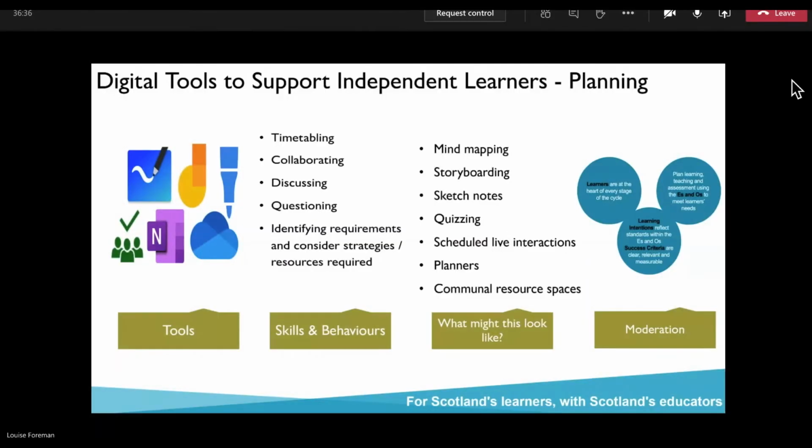Tools, and as we were discussing, there's lots of tools that can support the facilitation of learning, but they don't have to be the core focus. However, within looking at our 3-step model, which is from the recommendations in the EEF document, if we look at planning, we've highlighted some that if you're just dipping your toe in the water with this and you're looking at what tools do you start with and what behaviours or skills can that support, we've looked for Jamboard for Google,